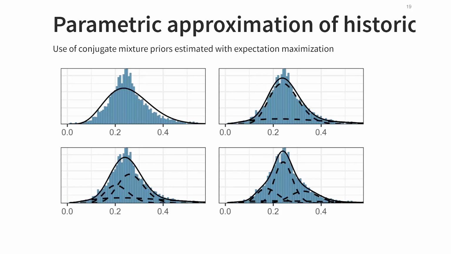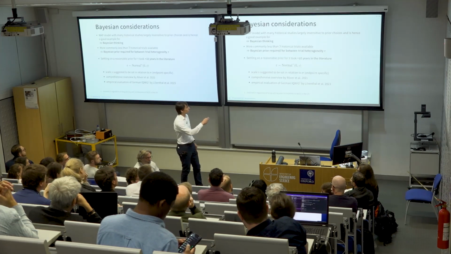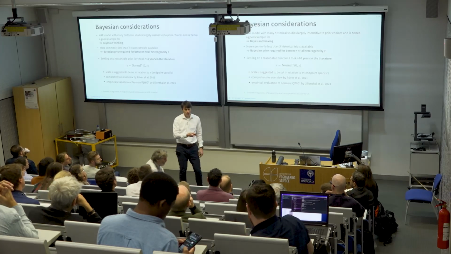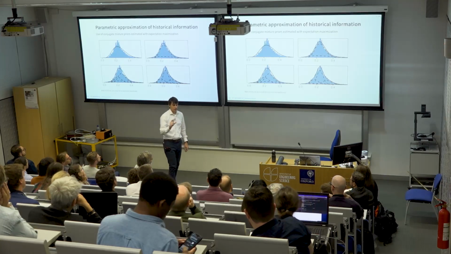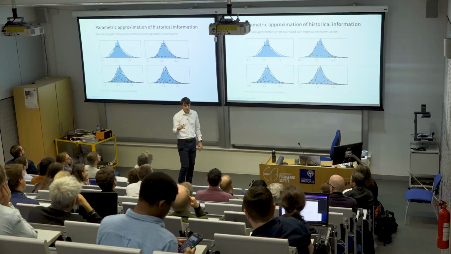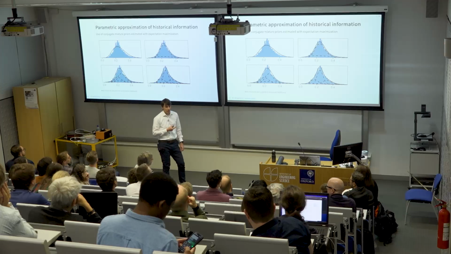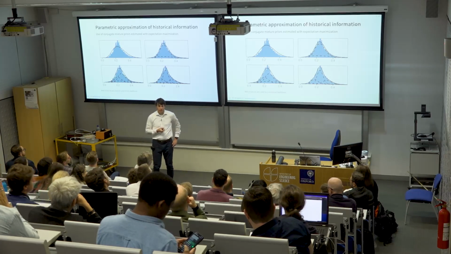Note that I switched from the logit scale to the 0-1 scale here, because then we can use beta mixtures. Yes? On the half normal prior, do you have any issues when it gets close to 0? No, this is still when I am on the logit scale. So exchangeability assumptions, random effects models on the logit scale, there's no issue with that. But still, then I have my MCMC sample of the logits, and then I transfer it back to the 0-1 scale because when I work with beta mixtures, I can leverage analytical results for posterior updating of beta mixtures.